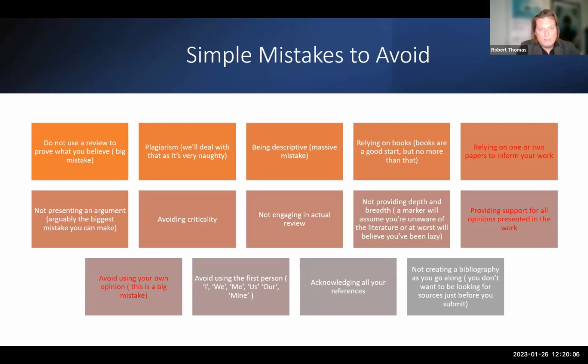So don't rely on 1 or 2 papers to inform your work. I'm situated here in South Wales. We have a wonderful Welsh philosopher called Bertrand Russell, and he was very keen to say, beware of the person of one book. So we want that depth of reading. And more importantly then, in terms of the mistakes, you do not provide a breadth of opinions. A breadth of opinions is absolutely essential. This sounds crass, but nobody is ultimately interested in what you believe. They are interested in your ability to present a well-honed, constructed and balanced argument. Okay, that's the essence of it.